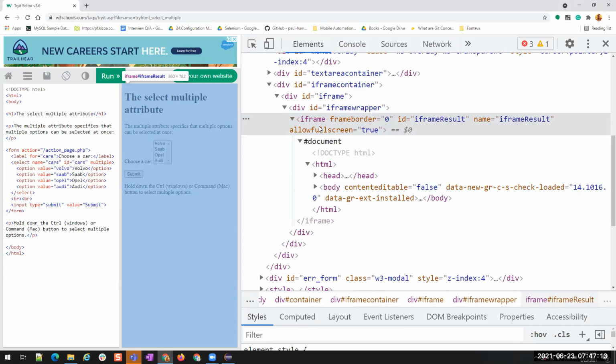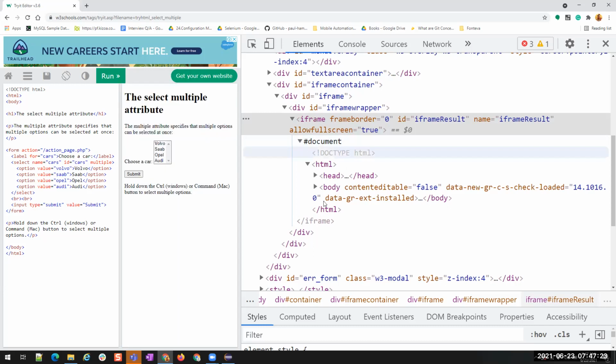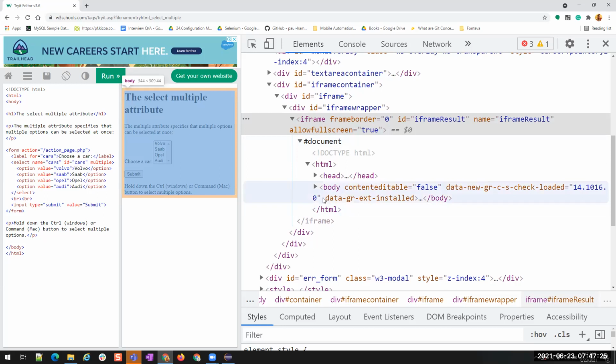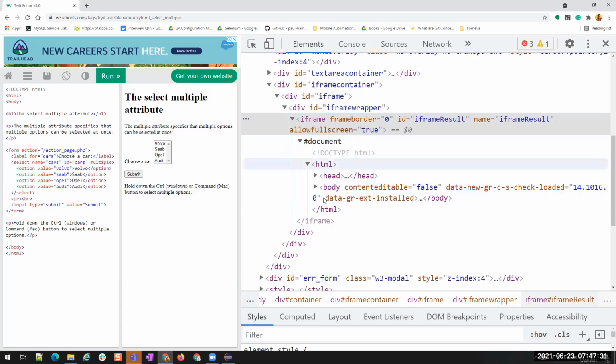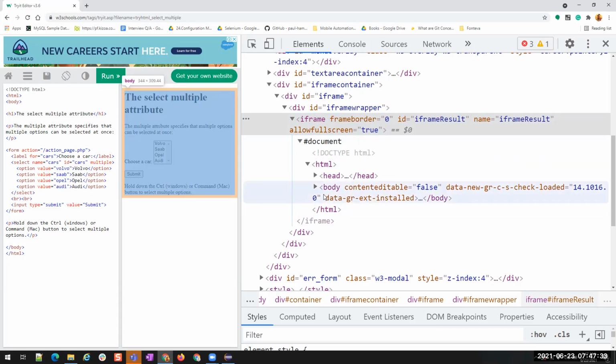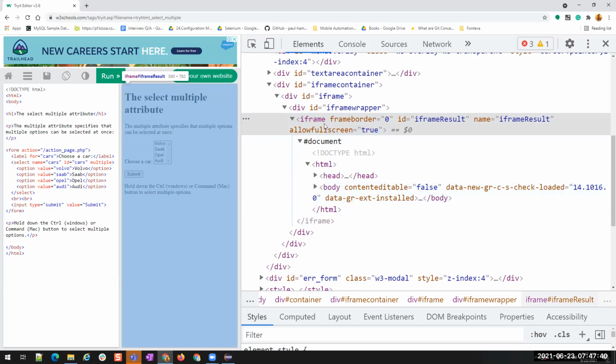To bring another HTML file and load it in our HTML file, we use this iframe tag. If you want to use this frame in other pages also, I can use it as it is. I can copy it, call this iframe, and get another HTML document displayed in our HTML document. To make another HTML document display in our HTML, we have to use the iframe tag.